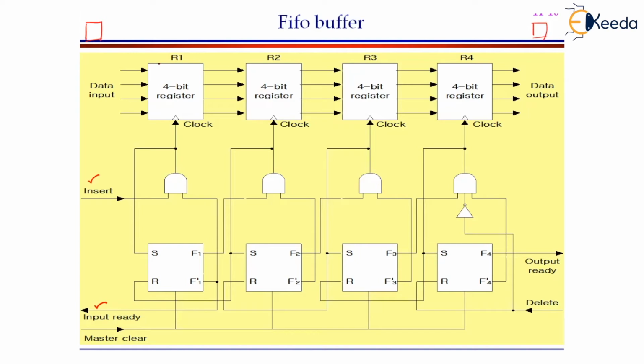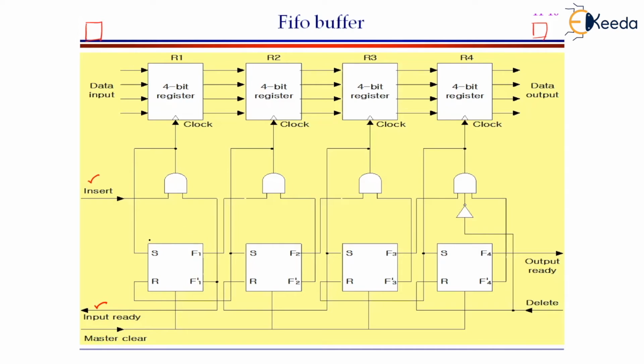So in order to make this register accept the data word which is waiting outside, the insert line and the input ready line will be enabled. The moment these get enabled, as these are connected to the AND gate, the output of this AND gate, as it is connected to a clock, will trigger this clock. As the clock gets triggered, immediately this register is going to accept the data which is waiting outside. Now, let us have a look at the other line which is connected from this line. The output of the AND gate is also connected to the S input of this flip-flop.